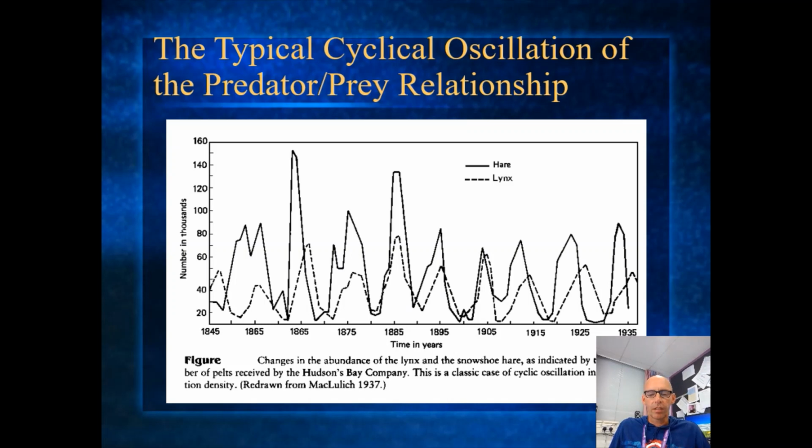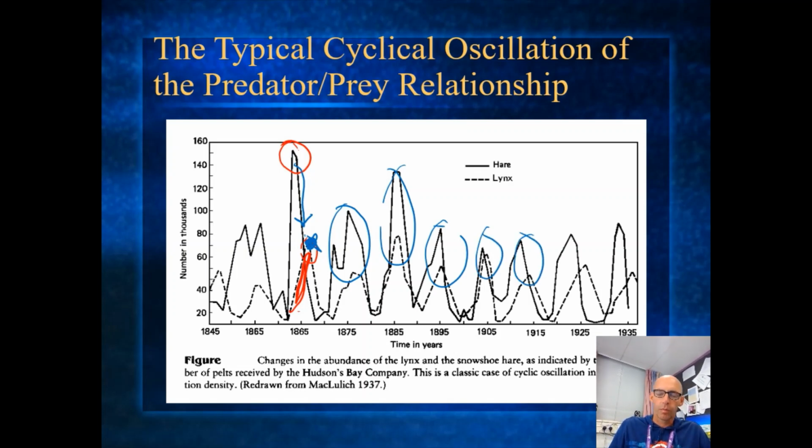Now, that's a lot more complicated than the graph I've just drawn, but it's the same idea. What they found is, over that nearly 100-year period, there was large fluctuations. So here, for example, there are loads of hares, massive population, and that's followed soon after by this spike, this growth here in lynxes. But then obviously there's quite a few lynxes around at this point here. I've just put in blue, and therefore the snowshoe hares goes down. And if you look across here, they peak fairly similar together.